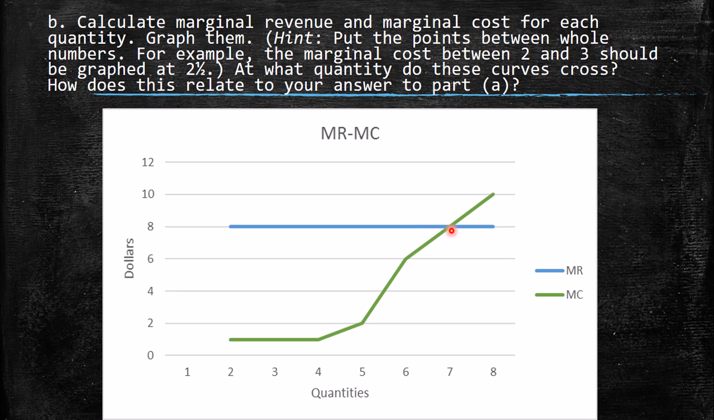Why don't you produce more? Because the next quantity that you produce is going to cost more than it's going to represent to you as an income, as a revenue. So that's the deal. Okay, then